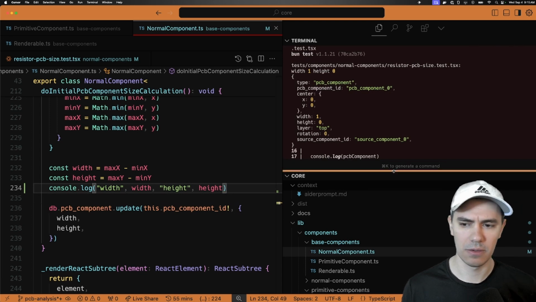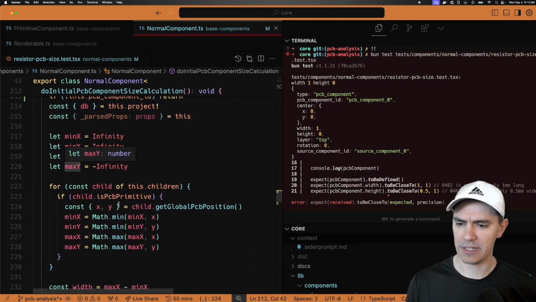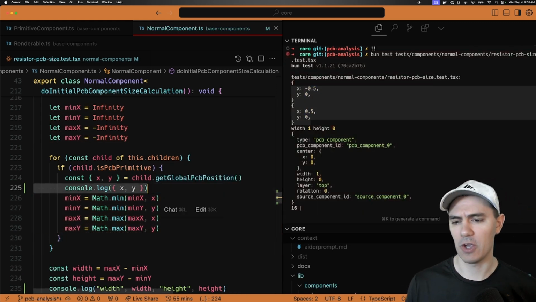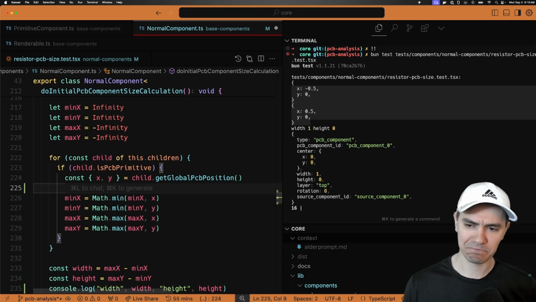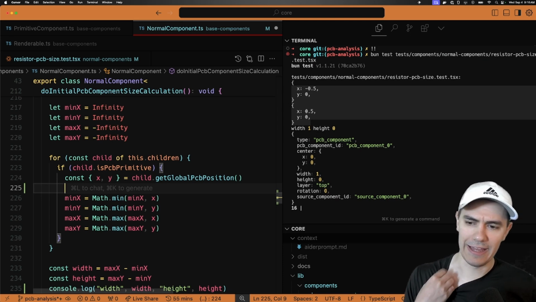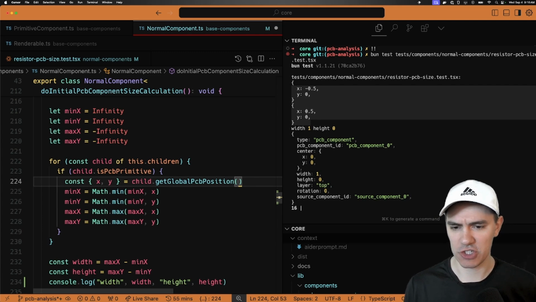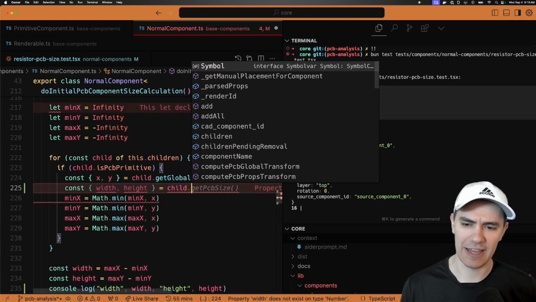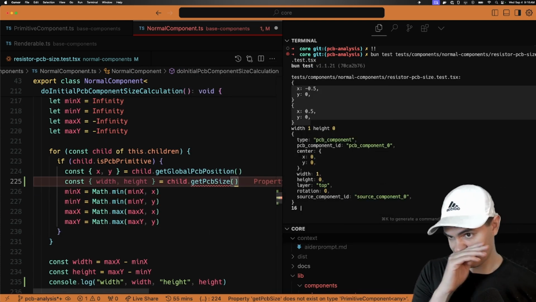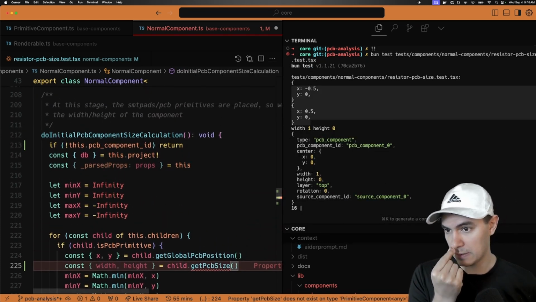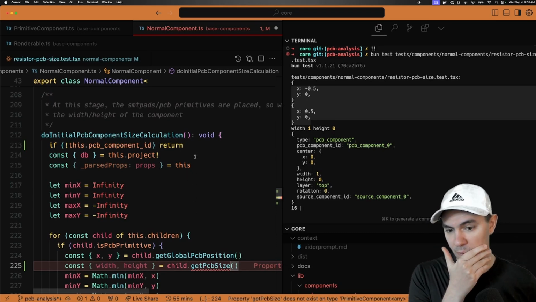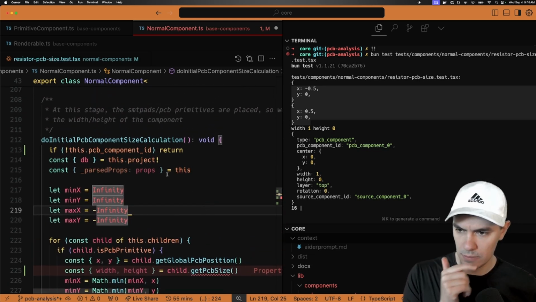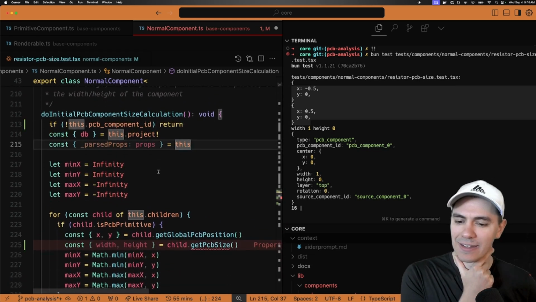PCB component with height 0, min x, min y. So we'll log the xy of each child. Oh, okay, so what this comes down to is we also need to get the bounds of the children. So you actually need to offset by the width and height. So it's something like, yeah, child.getPcbSize. Which is super similar to this one, except for